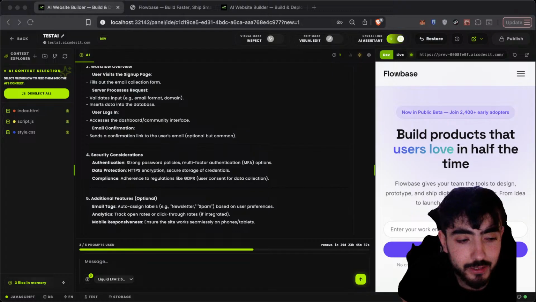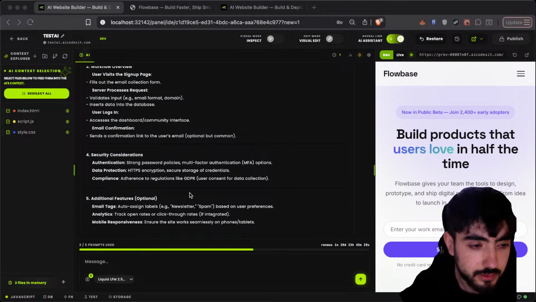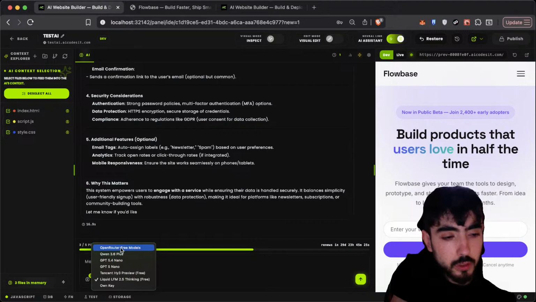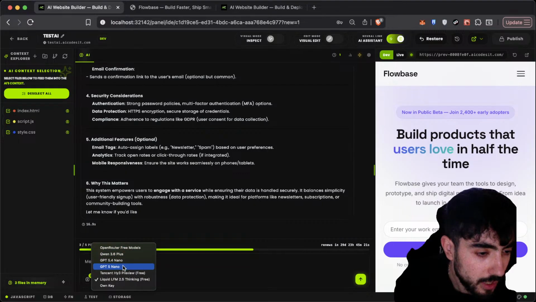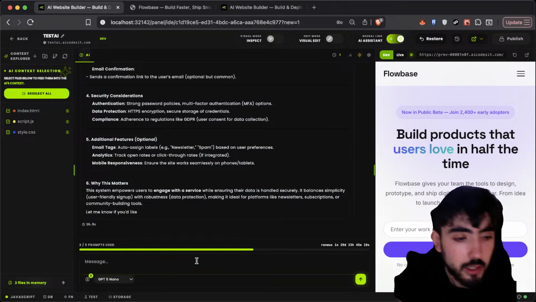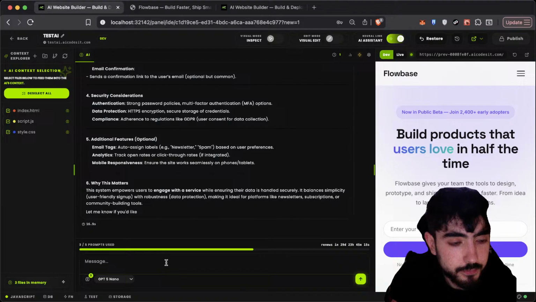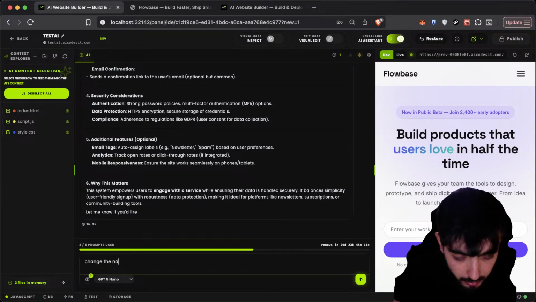There are a lot of things to check on AI. There is a lot of stuff to do. So let's just be patient and keep going. Now, I'm going to check something else. I'm going to talk with this one, and I'm going to tell it, change the name to email claw.